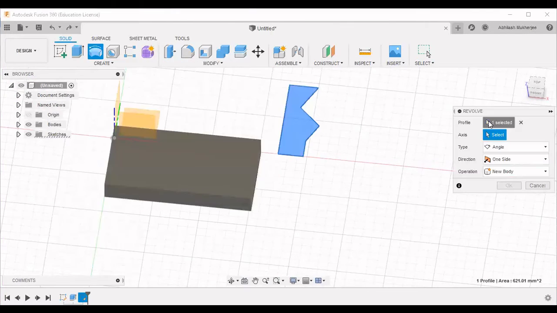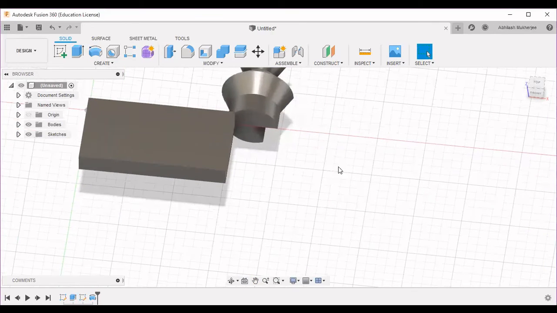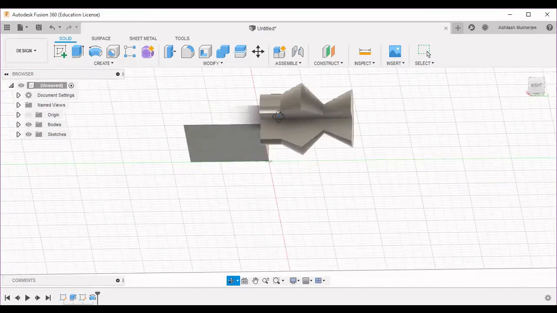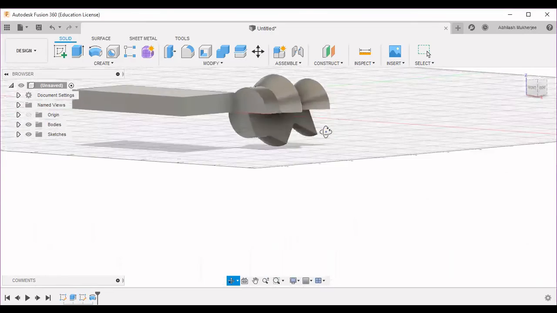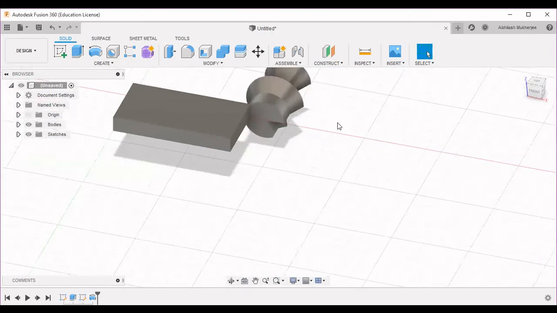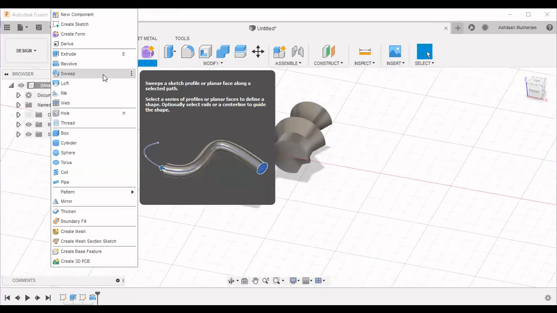In revolve, select the profile which you want to revolve. Let's say we select this. Then the axis about which you want to revolve, we select this axis. Whole 360 degree. Yes, if you want to reduce this from 360 degree, you can select 295 or whatever degree you want and click OK. We selected 295. That is why it would be about 295 only. 295, 265, whatever we select. It is not whole 360 because we selected the angle to be lesser than 360. Okay. Then move ahead.